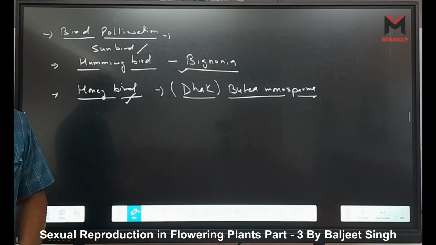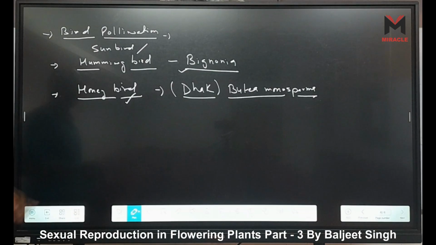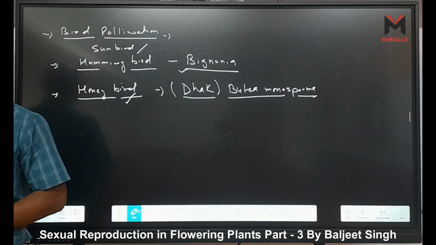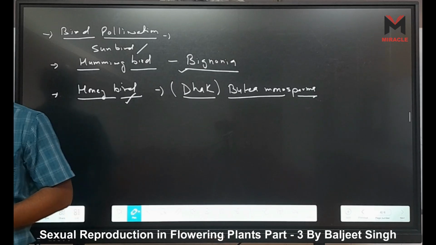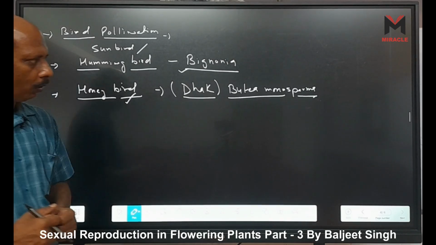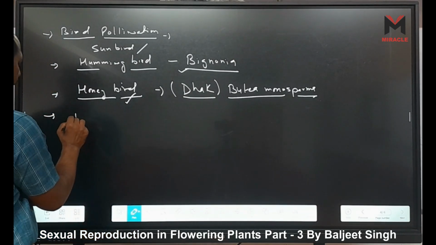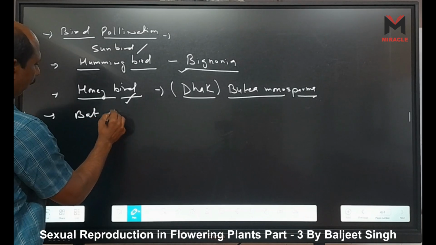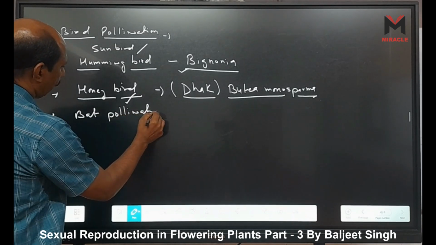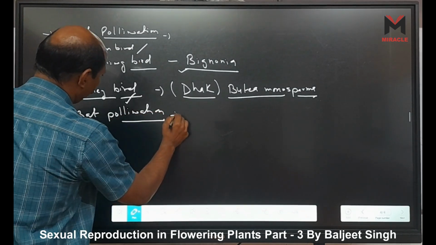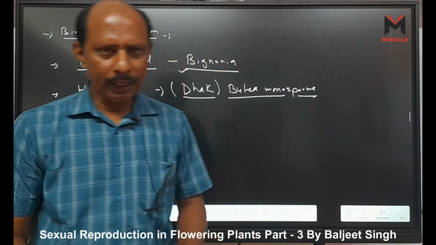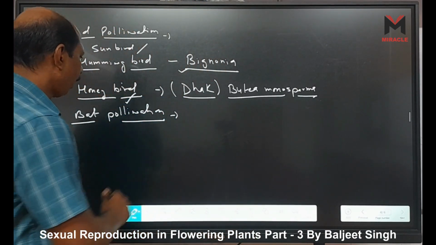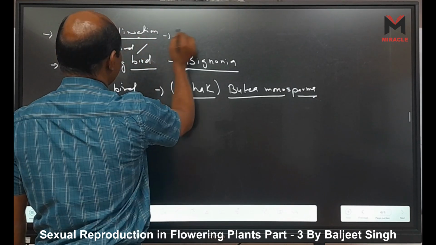At least one example you have to read, in which bird pollination is given here. Okay. Now bat. Another one is bat pollination. It is also given in our NCERT, but specific examples are not given. Here I only tell you some examples for each pollinator. So bird pollination is called